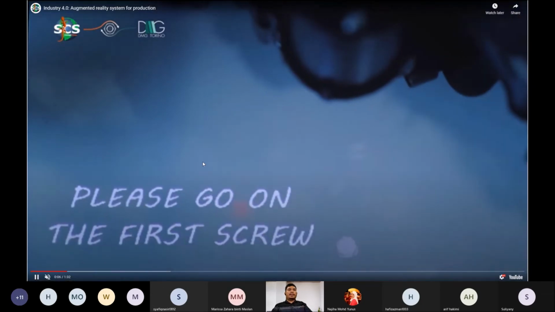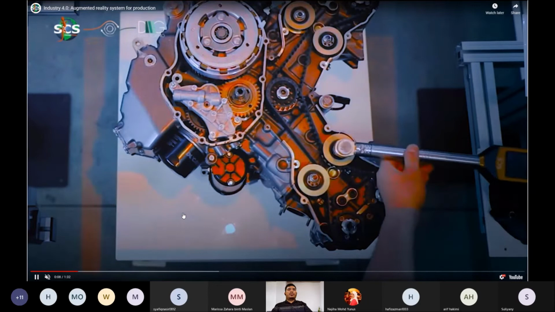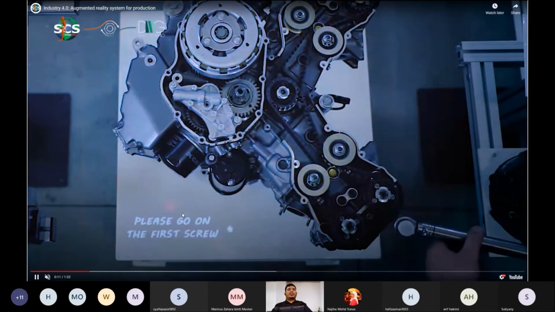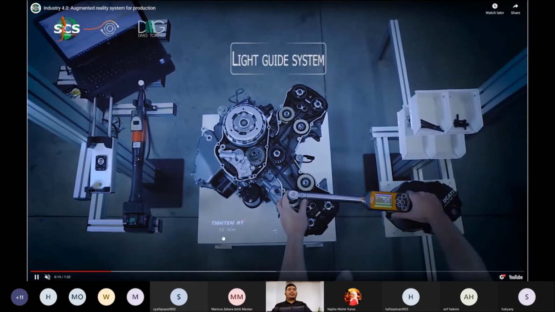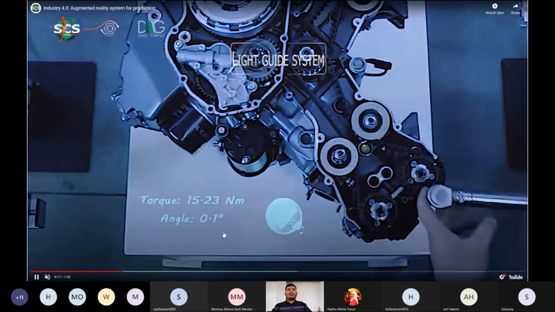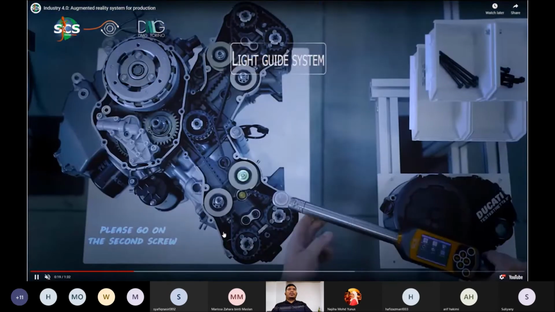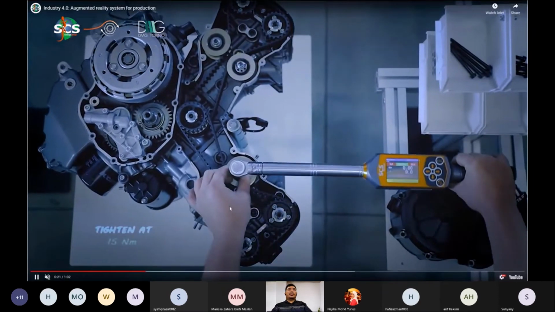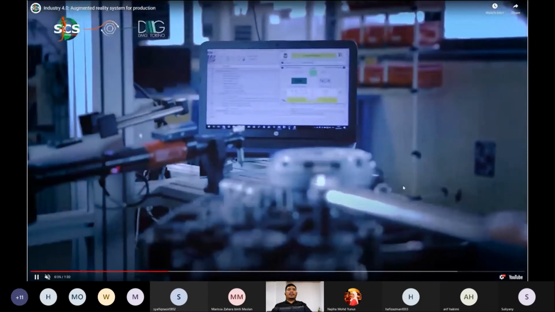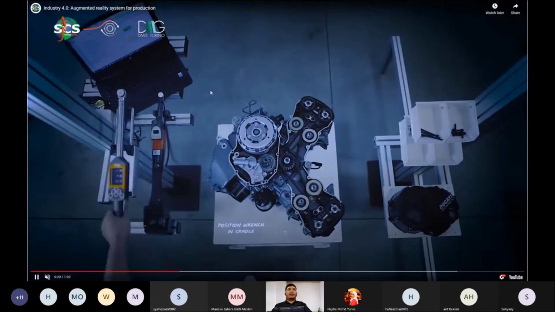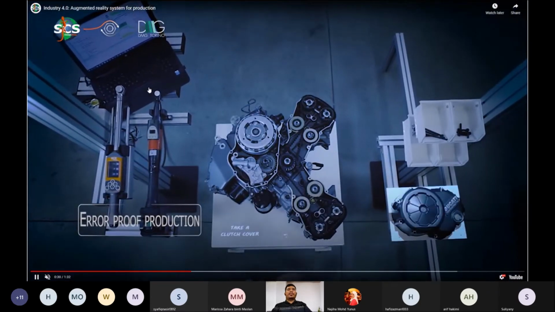Through AR, there are some instructions here. So tighten at 15 Newton meter. It shows here. Everything has sensors. For example, this tool has a sensor, so it connects directly to the cloud and to this monitor, this monitoring system.